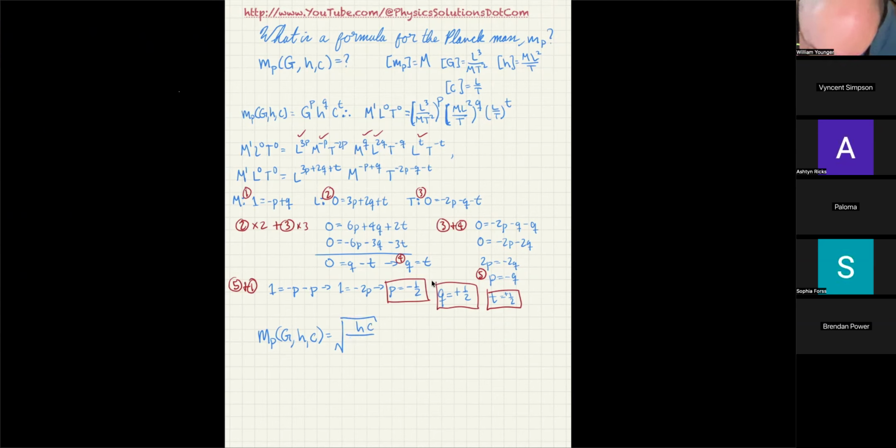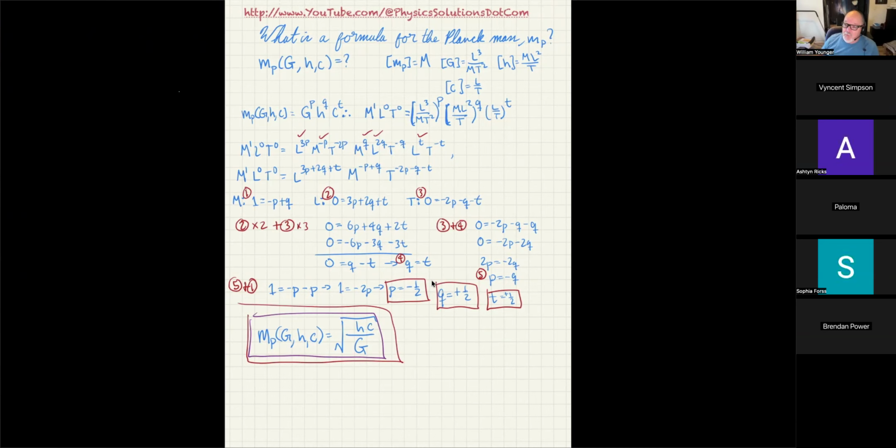And that is actually the formula for the Planck mass, which is some god awfully small number like 10 to the negative 18th, or I think it's not as small as you'd think. I think it's like 10 to the negative 18th, whereas the Planck length is like 10 to the negative 35th. But this is dimensional analysis, and that's the way you can work it out. Hopefully that helps you guys understand how to apply dimensional analysis.